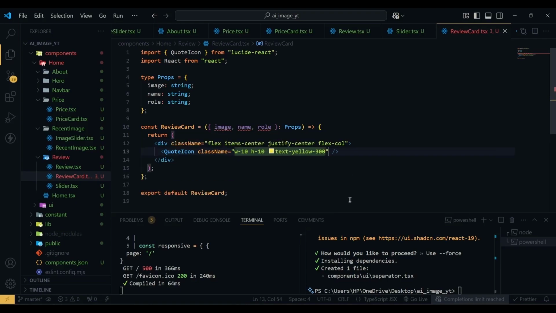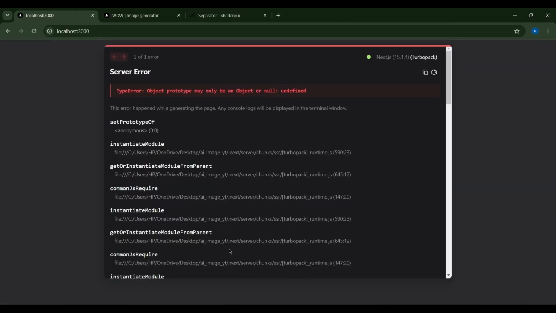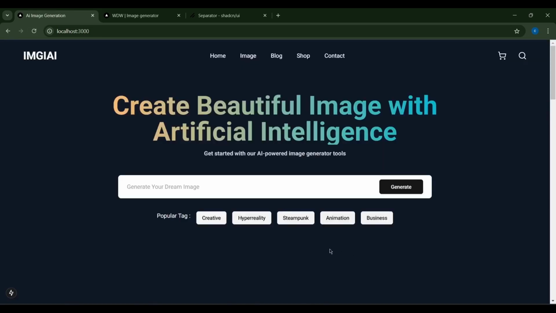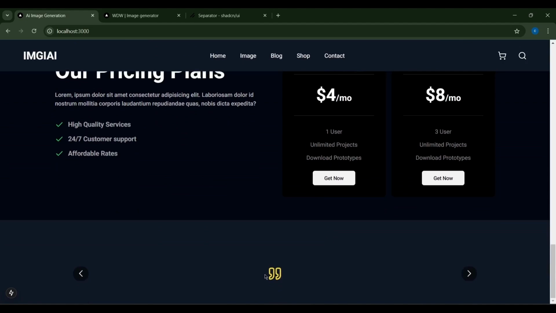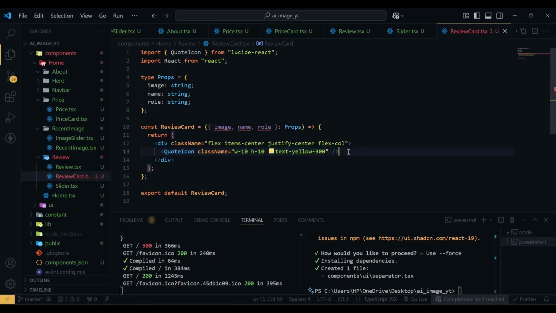Now if I hit save and go to our project, so here we have "Object prototype may only be an object or null." So let's reload the page, and here you can see we have our quote icon, and we also have the sliding feature. Awesome. So next after the quote we have a p tag,